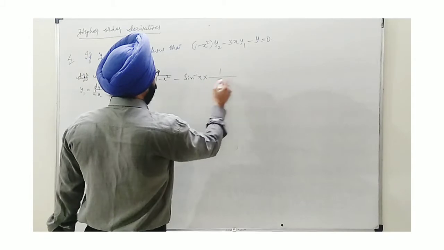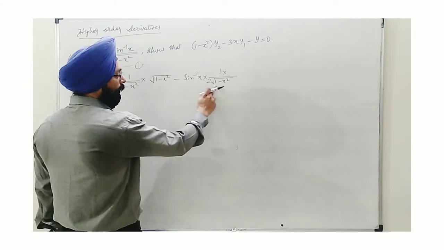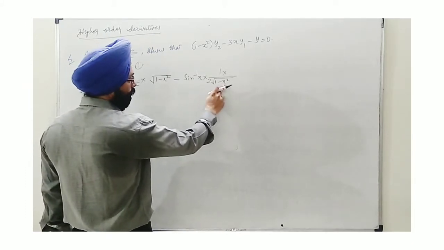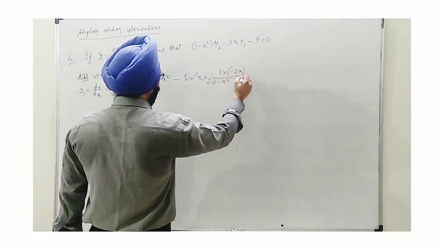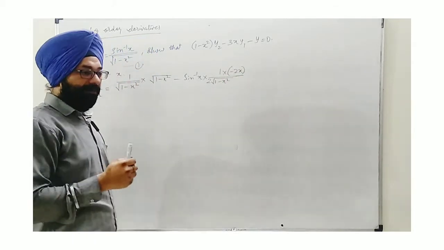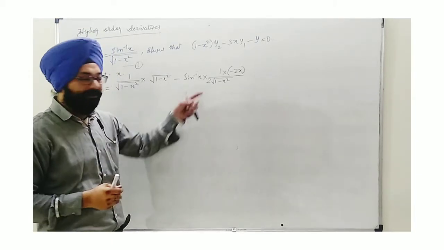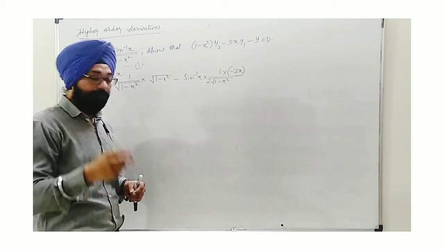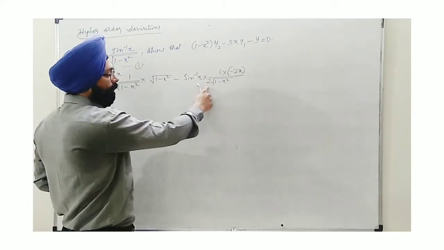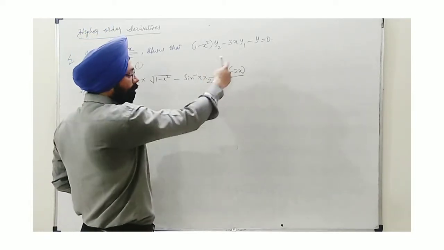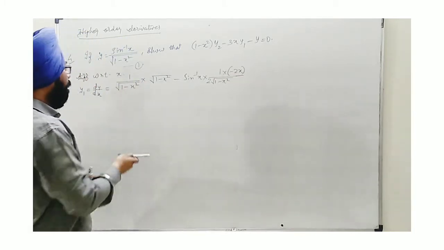So first of all, it comes as 1 upon twice the root 1 minus x square into, now we will differentiate by chain rule 1 minus x square. So 1 will turn 0, minus x square will be minus 2x. I am doing this directly because I think that by this module you must be perfect enough to differentiate it directly. If not, then by chain rule you can do it step by step. Like first you do 1 by twice root 1 minus x square, then you can write d by dx of 1 minus x square. So you will find minus 2x. Next step. Okay. Here we go.